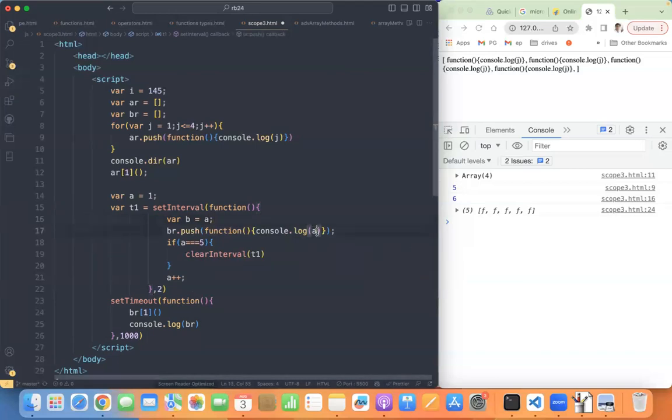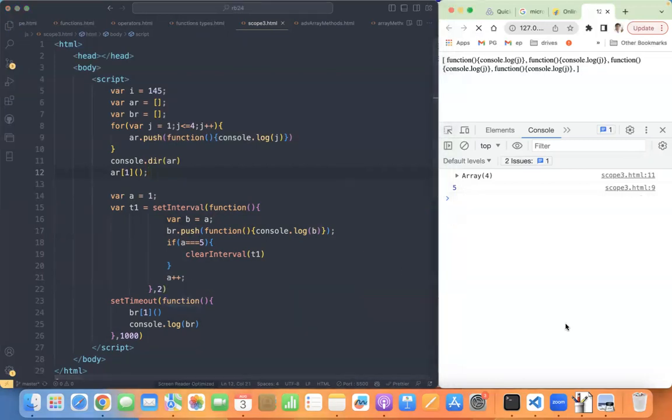And I would like to print the b now. Now the answer is 2.